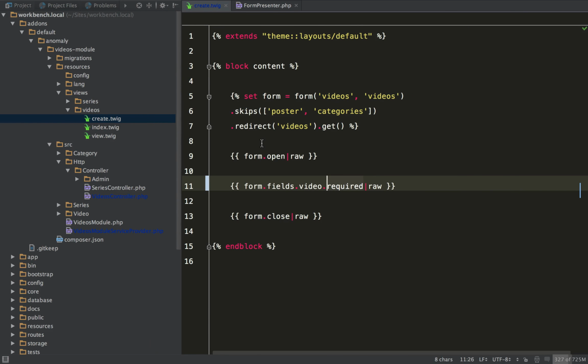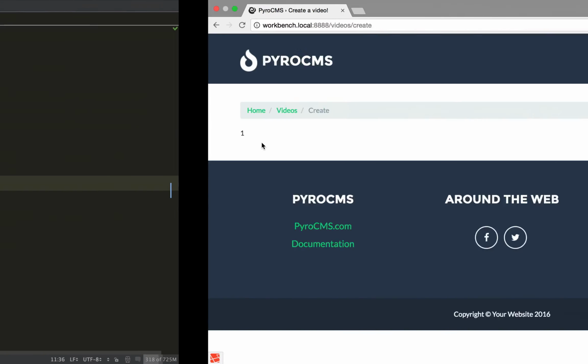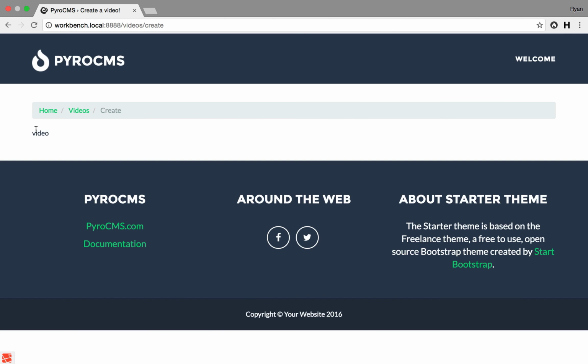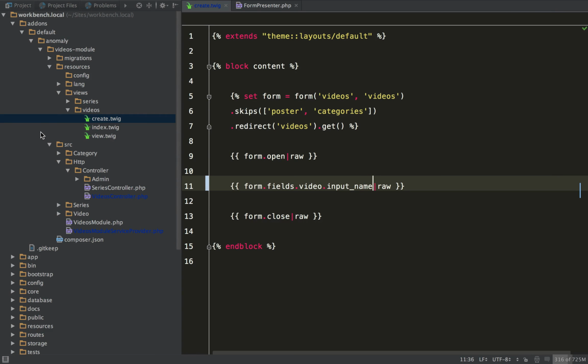So you can start working with the things in your own way and building out your own HTML. You can use the form sections, for example, if you want to. This is just one way to work with things. Another example would be the input name, and so you can easily create your own input and use the input name to build out your own form. So let's go back and take a look at